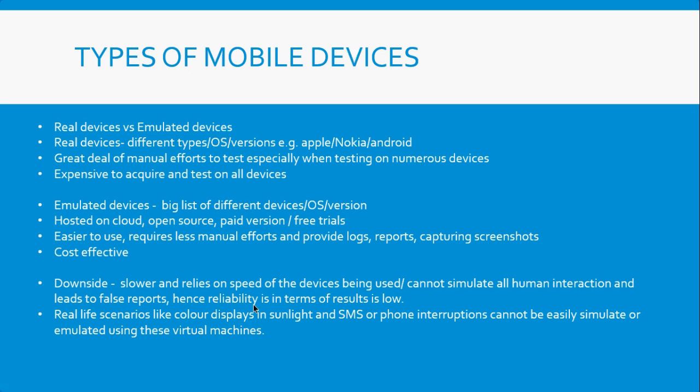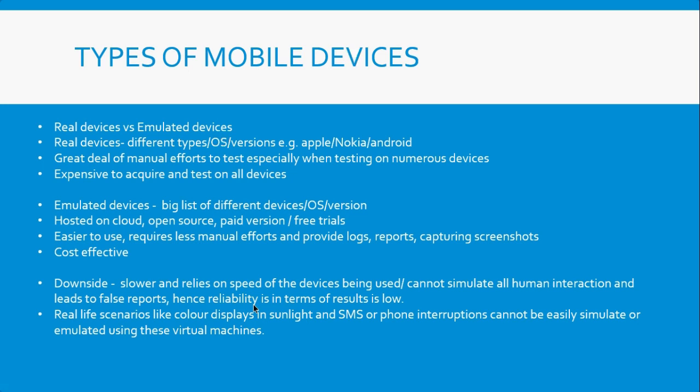They're just adaptations of real devices and all that. So, real life scenarios like color display. One of the things that you might find very hard to test, as compared to testing real devices, is real life scenarios. You want to find out the color display. For instance, you notice that phones have adaptation to sunlight,